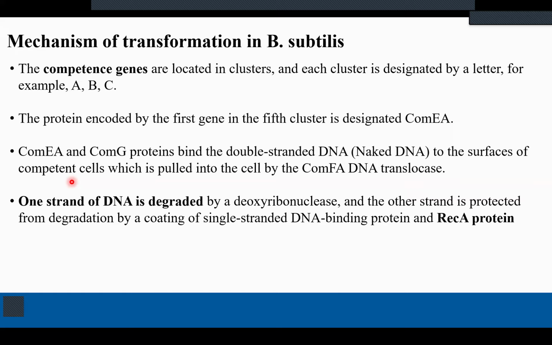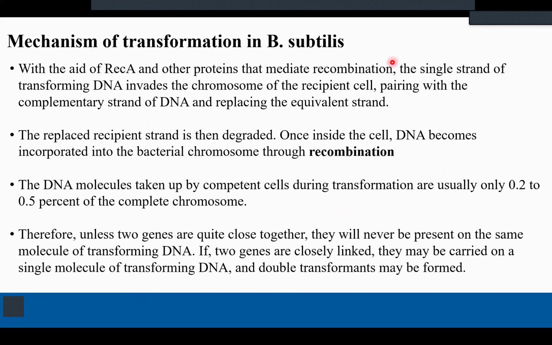So we have the first proteins, COM-EA and COM-G. These are two competence proteins that are going to bind to the double-stranded DNA present in the media, and they're going to help it attach to the surface of the cell. And then we have COM-FA DNA translocase. FA DNA translocase is going to help the movement of the naked DNA into the cell. Next, the double-stranded DNA that is taken up inside is going to be degraded, and only one strand is going to be present. The single strand is protected by a DNA binding protein called REC-A. Now, REC-A and other proteins are going to help the recombination of this piece of DNA into the host